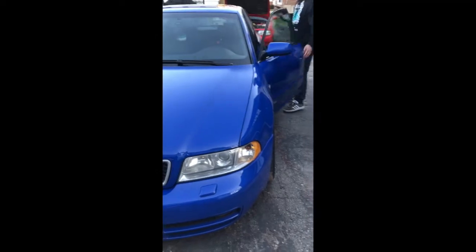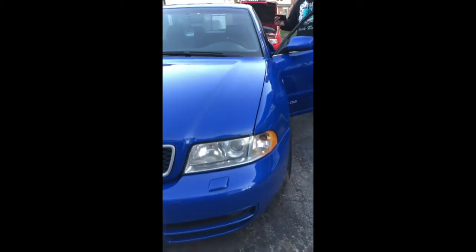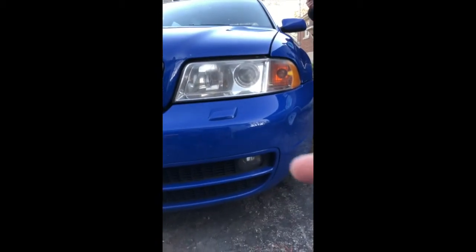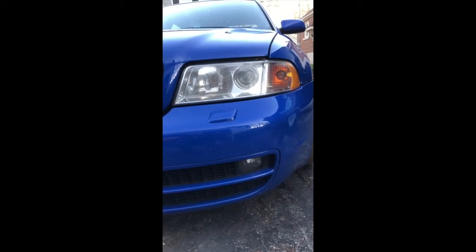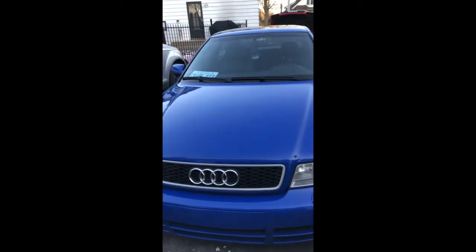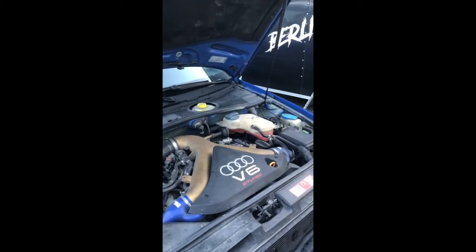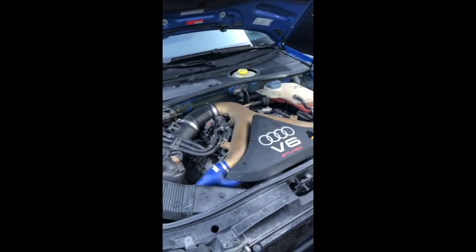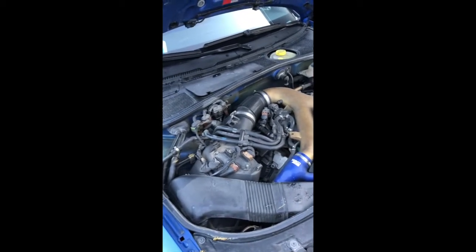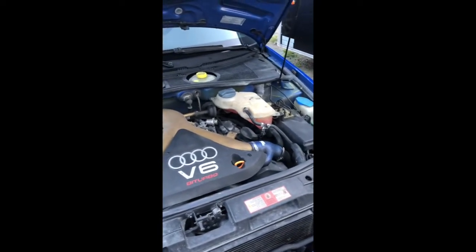Now this car is not as clean as the Audi 90, but it is definitely a blast to drive. One of the ways you can tell that this is an American car is it's got the factory fog lights. The Canadians didn't get those. That is a tight engine bay. So you can see by the engine bay here, it is not clean. It is a driver. This car, I don't know, I just love getting into it and trying not to get